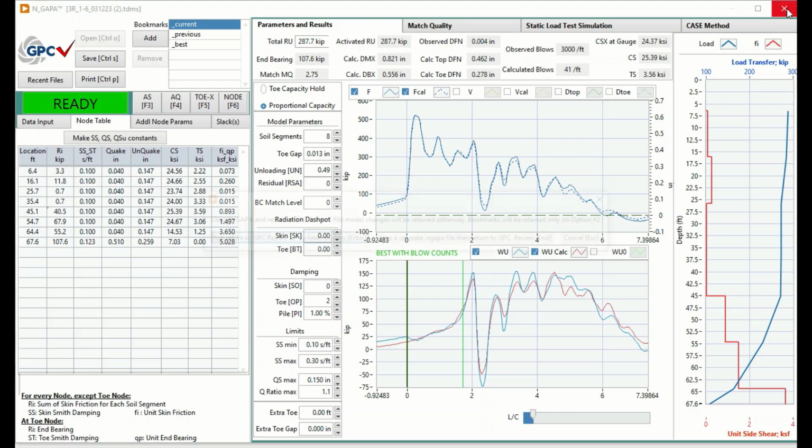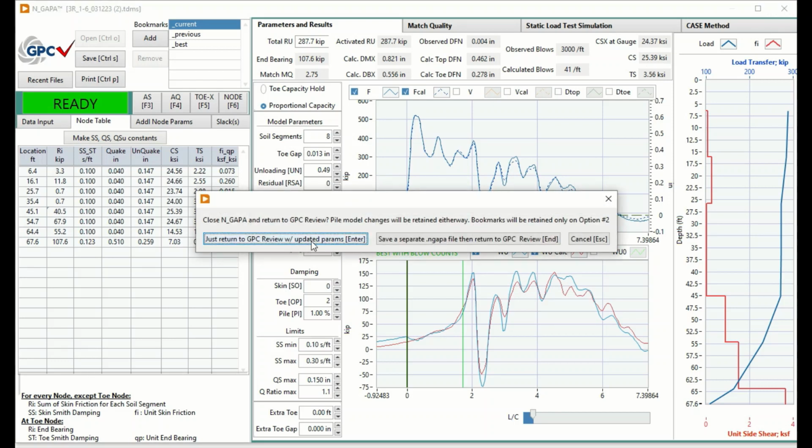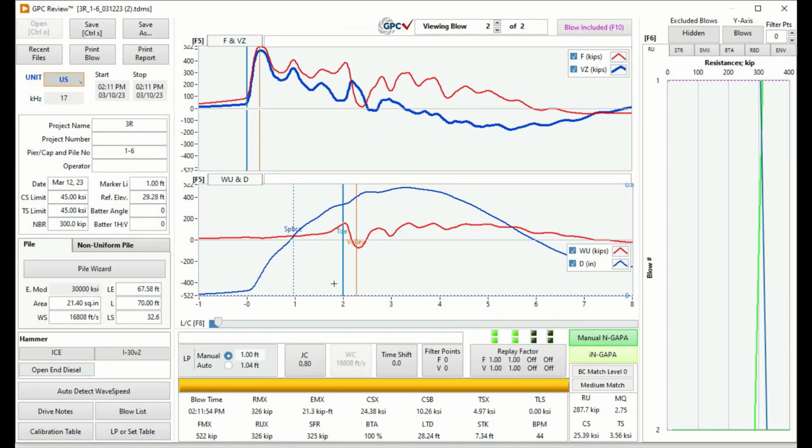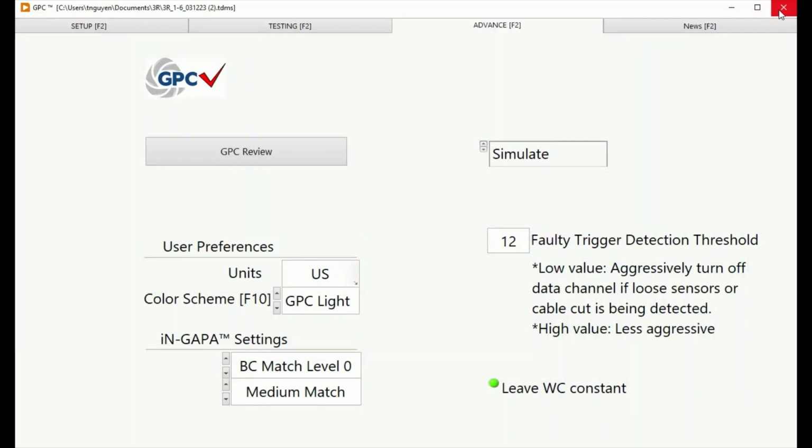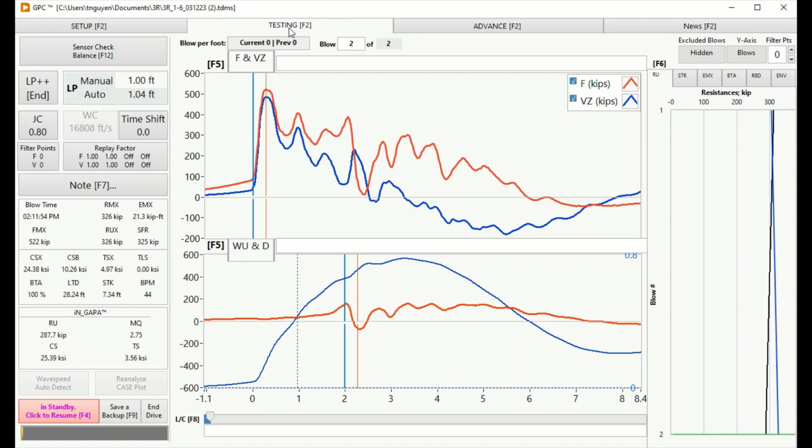So hit this to return to GPC review. And oh, I forgot. So in GPC review here, you have to save this GPC review file. Click save. In order for this change, you just manually improved this signal match for blow number two, you have to save in order for it to update back to GPC acquisition. So we are back in GPC acquisitions, and we are ready to collect